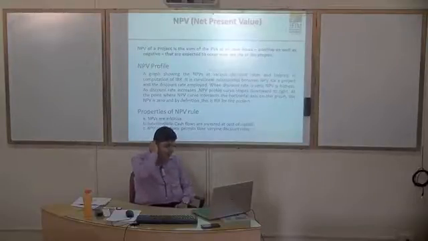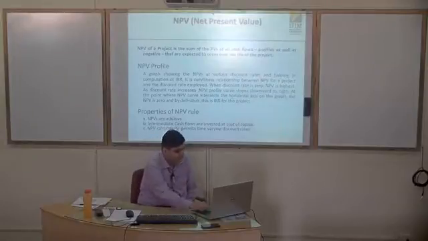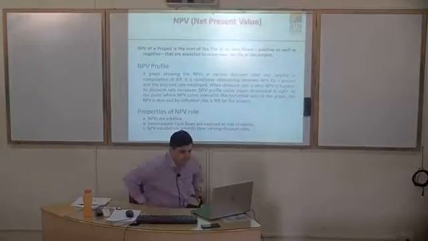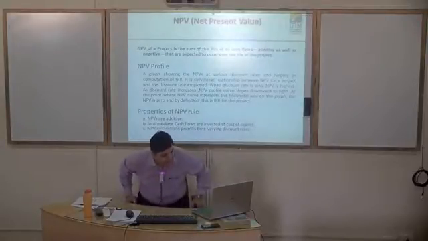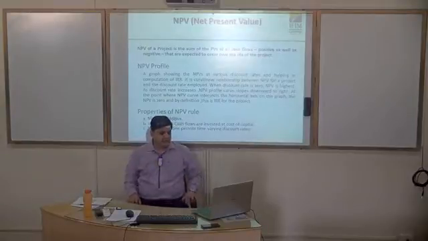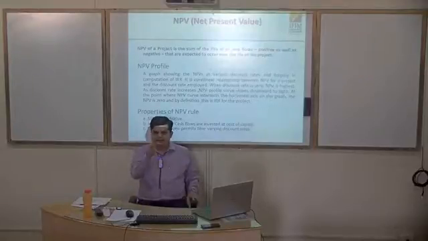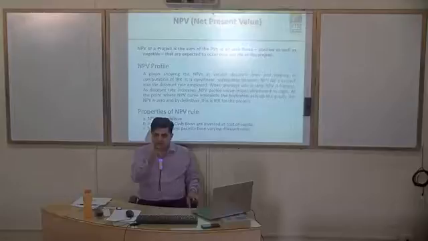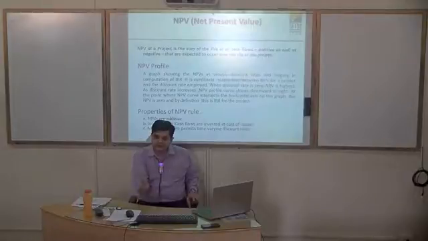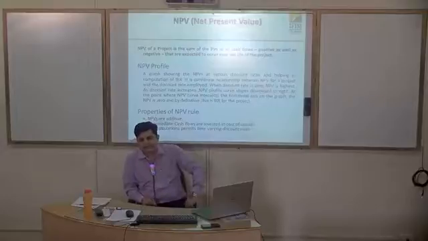This is a little tricky. I think we need the graph to show, which is not available on the PPT. So this talks about how the discount rate is impacting NPV. When the discount rate is 0, NPV is the highest. At the point where the NPV curve intersects the horizontal axis of the graph, the NPV is 0, and by definition this is the IRR. If we assume that NPV is 0, what is the rate that would apply to make NPV 0? That is considered as internal rate of return.